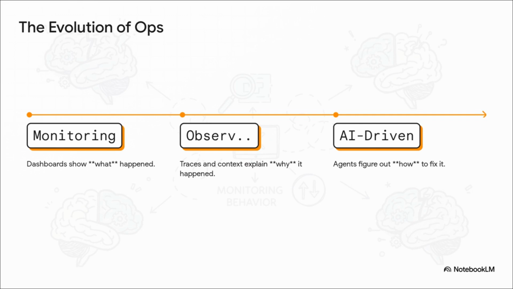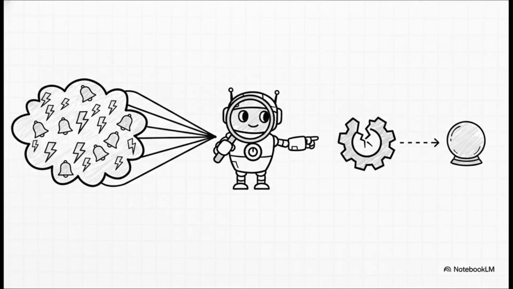But now we're entering the era of AI ops. And that's like having a self-driving car that can not only sense a problem ahead, but can actually course correct all on its own. So what do these AI ops agents actually do? Well, they can take an alert storm, when 100 alarms go off at once, and instantly figure out the single root cause. They can automate root cause analysis, predict future problems based on subtle trends, and even suggest or just go ahead and execute the fix automatically. It's about solving problems before a human even has their first cup of coffee.